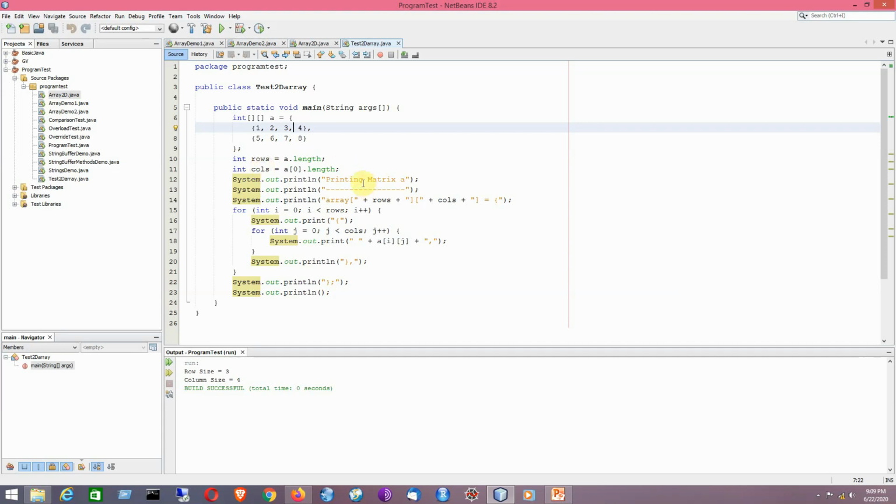Now I would like to print it. I mean to say the matrix elements will be now shown to you. So here we will be having rows and columns to indicate the number of rows and number of columns. So we need two for loops. The first for loop is the outer loop, and i will be used as the loop control variable here for the outer loop, and it is basically indicating the row number. And for the second one, that is the inner loop, j is the loop control variable, and it will be used for the column number. So in that way the array elements will be shown to you.